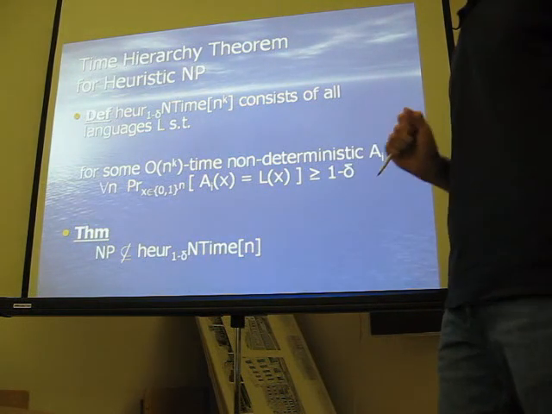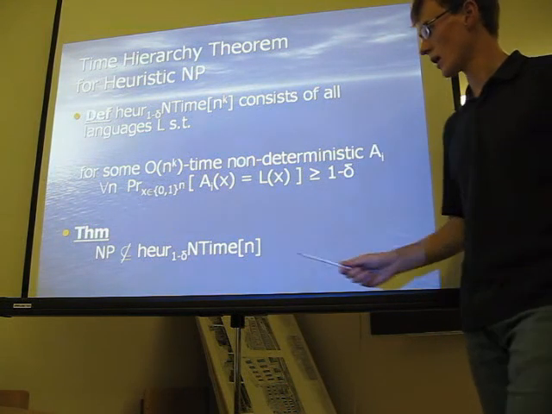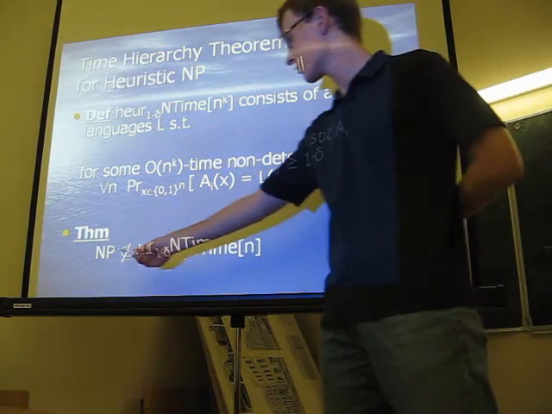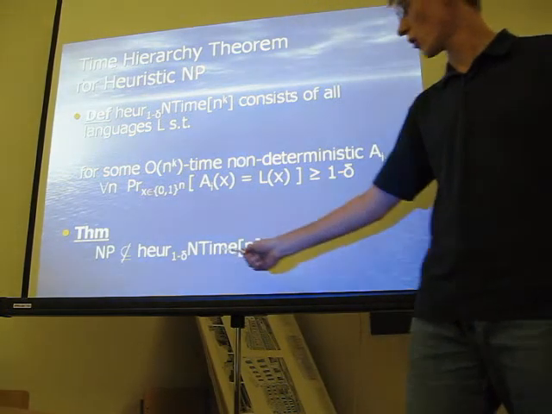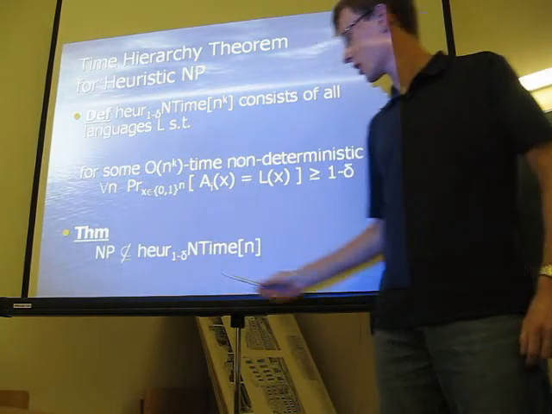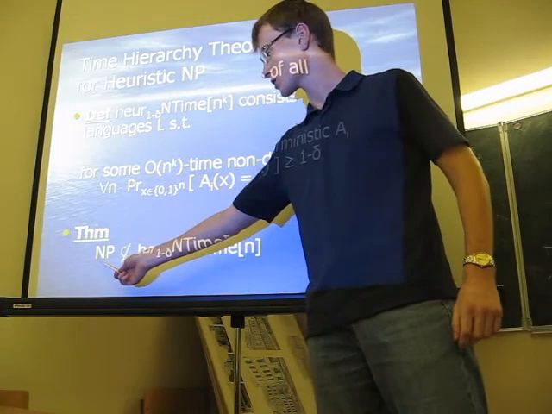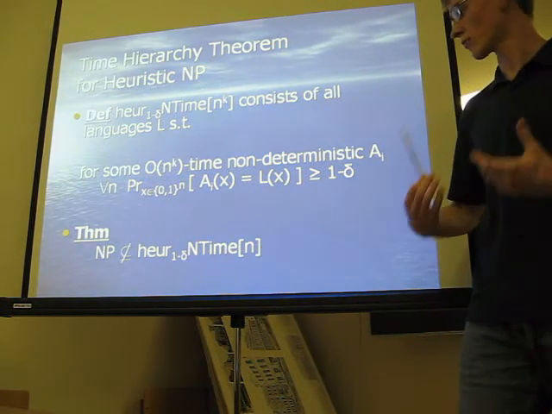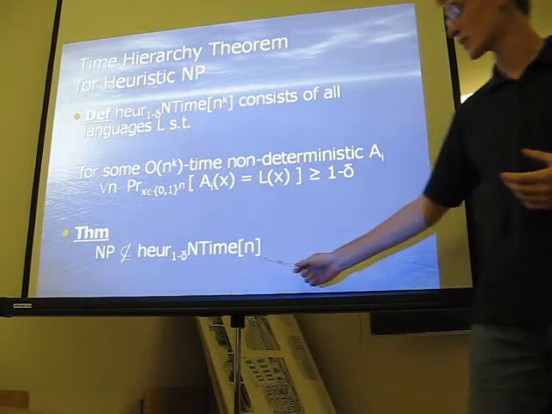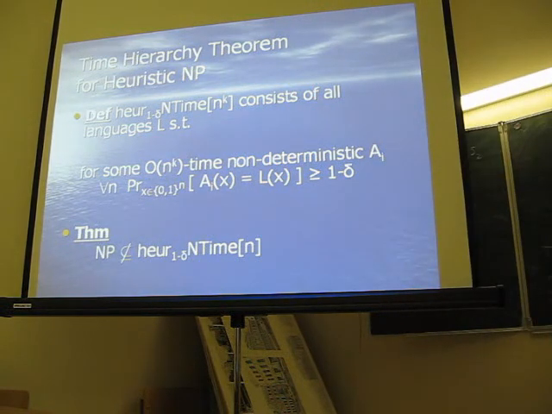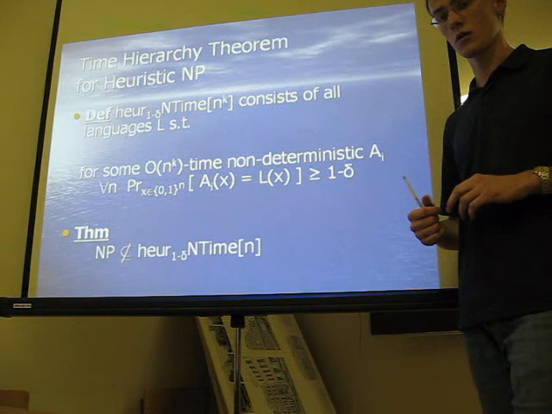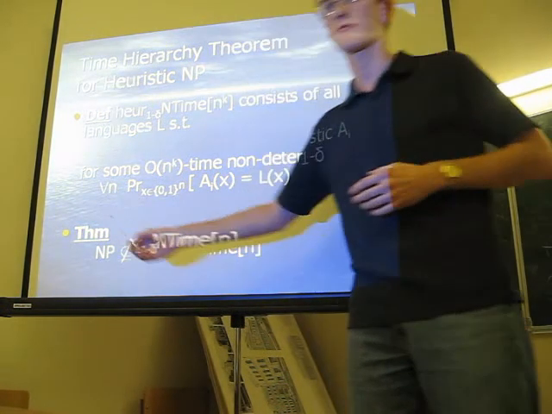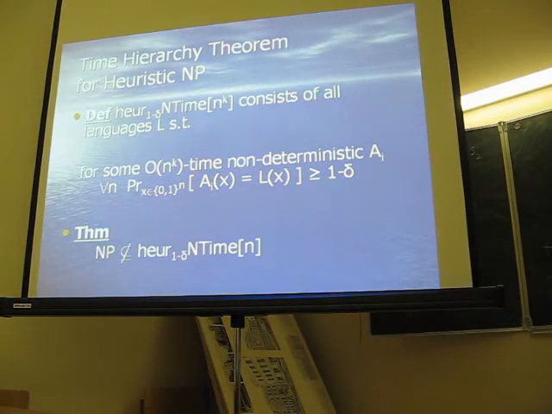Okay? So, on the one hand, this theorem is stronger than the non-deterministic time hierarchy. If you remember, we had NP is not inside NTIME of n. But now, this result is somewhat stronger because now we have to construct a language in NP that significantly disagrees, on a significant fraction of instances, with any language that is recognizable in linear time. Also, we may see that it's somewhat stronger than simply a time hierarchy for heuristic algorithms, because on the left-hand side we have perfect algorithms, not just heuristics.